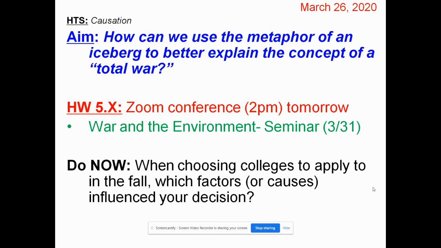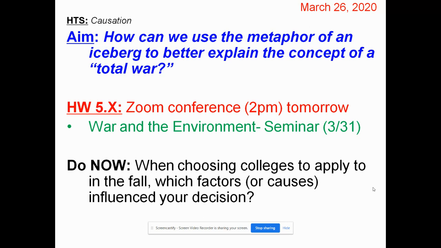And today, what we're going to look at is a sample LEQ for the AP World Modern exam. And we're going to specifically look at the historical thinking skill of causation. I'm going to introduce you to the concept of the metaphor of an iceberg to really better explain the concept